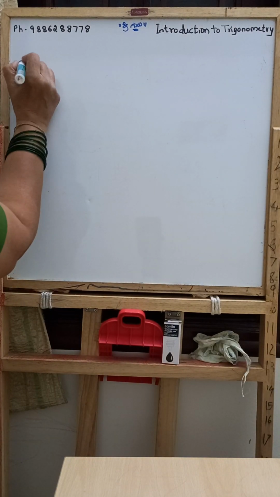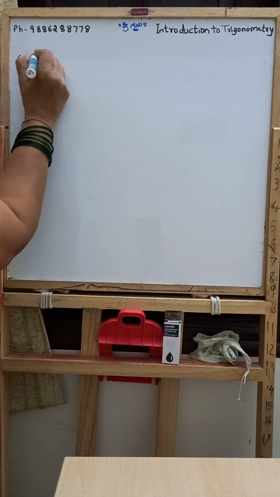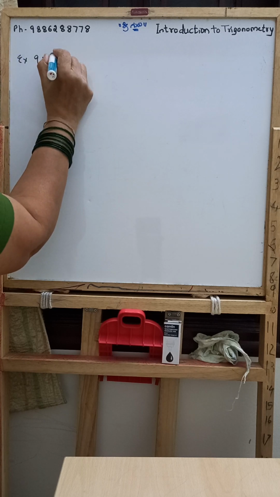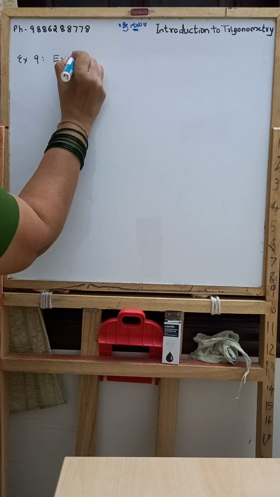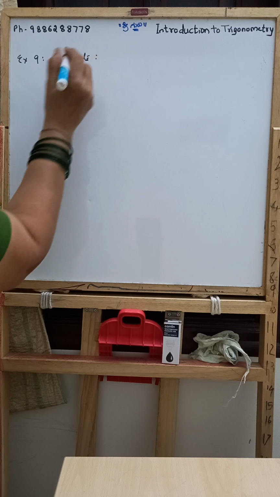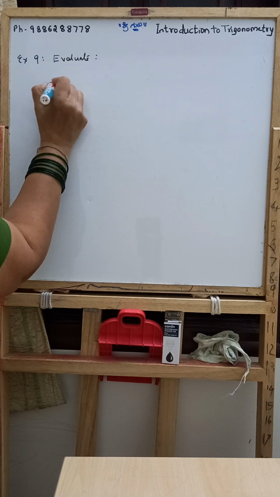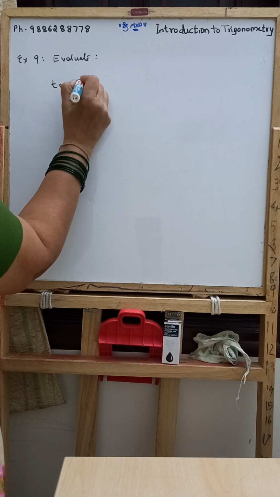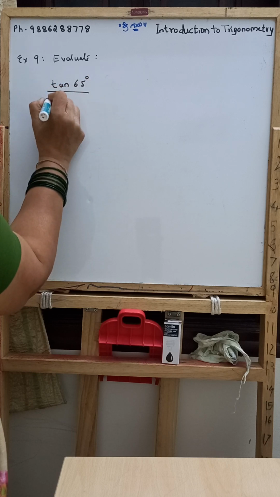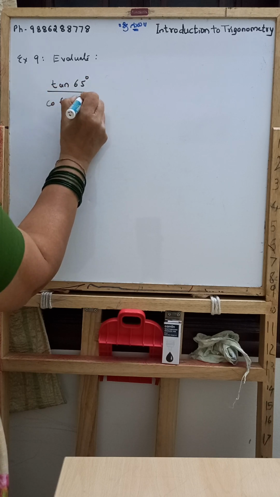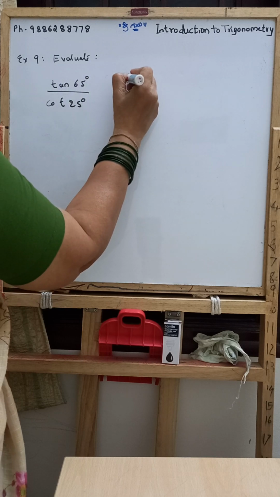Now the solved examples. Example 9 from the textbook. Evaluate tan 65 degrees divided by cot 25 degrees. We can write